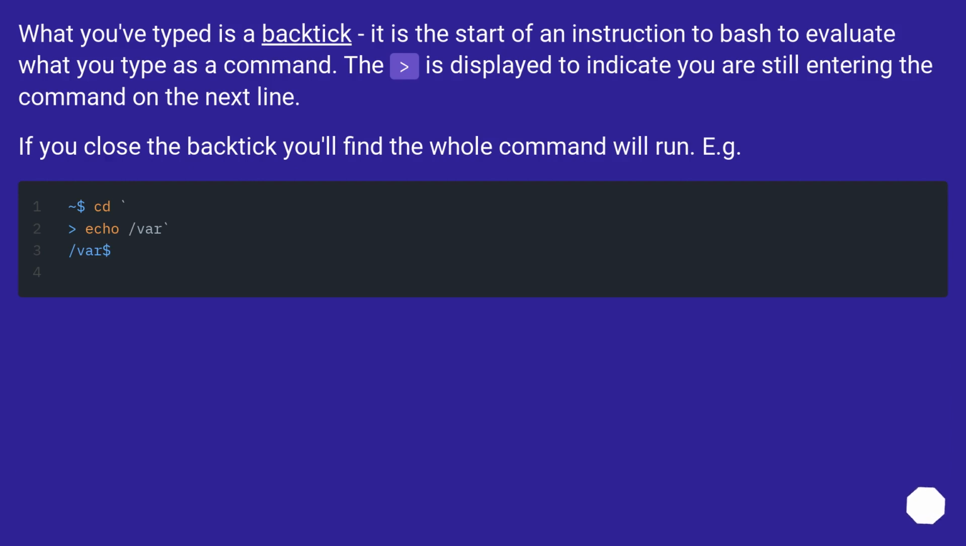What you've typed is a backtick. It is the start of an instruction to Bash to evaluate what you type as a command. The > is displayed to indicate you are still entering the command on the next line. If you close the backtick, you'll find the whole command will run. For example,